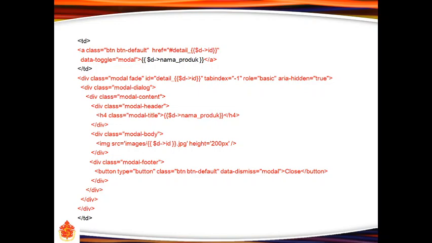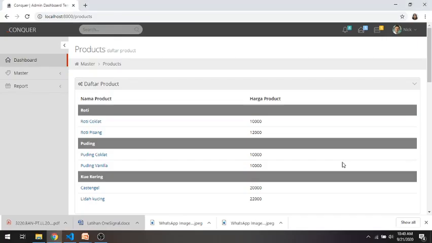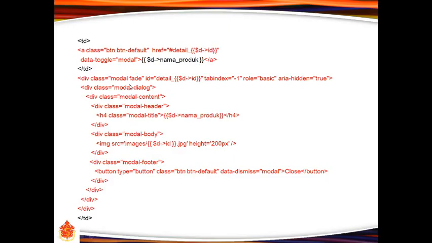This is the modal for showing the product photo. This is the product name, and also in the title we can put the product name, and the picture goes here. It will be put in our table TD.